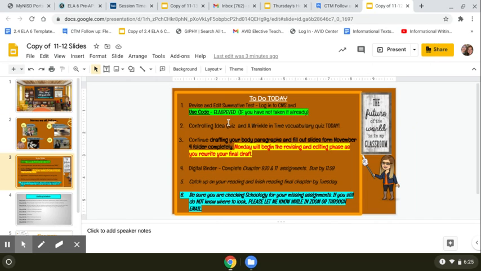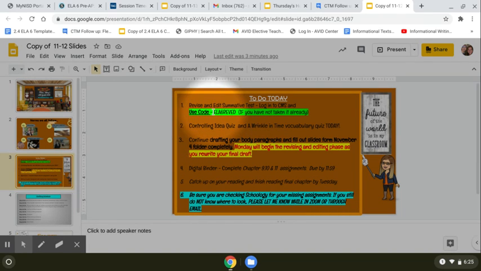All right, so I do have number one here for you still, because I do have a few students that have yet to complete the Revise and Edit Summative in CMS. So here is the code. You want to make sure that you use the code exactly and you type it in exactly the way you see it. Now, correction from previous instructions, you are able to complete this summative assessment in CMS even after school hours. Some of you have already heard from me, but I want to make sure that I have this information here for you. So that's the reason why you see it.